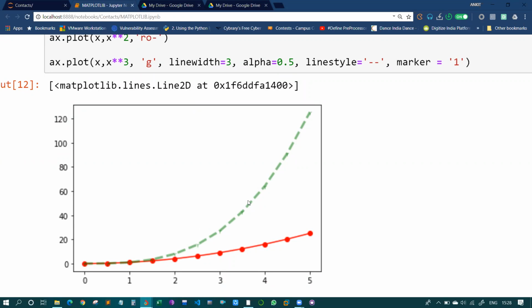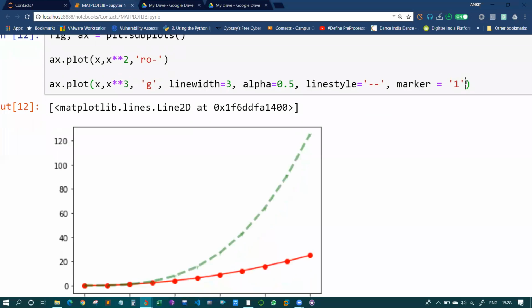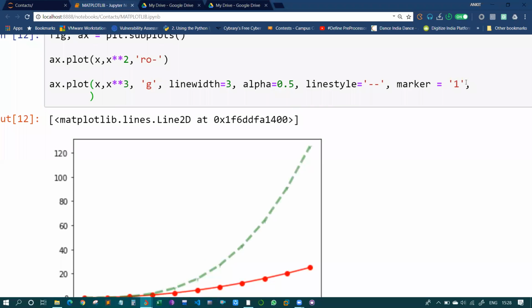So it is not visible clearly. So let's change the marker size also. Fine, so markersize equals, let's say, 20. Now see the change. Yeah, I think now the markers are more clear.